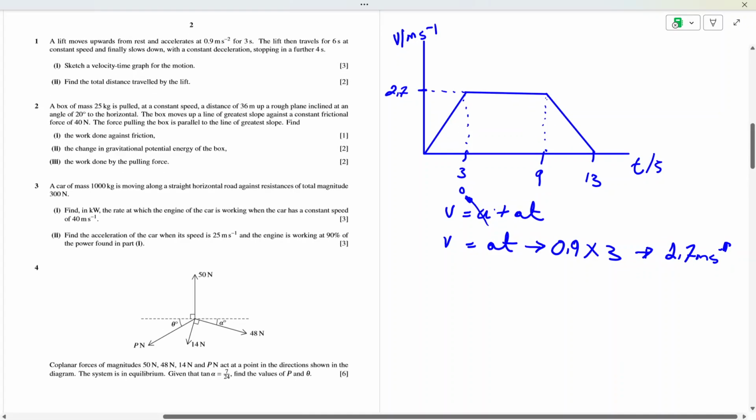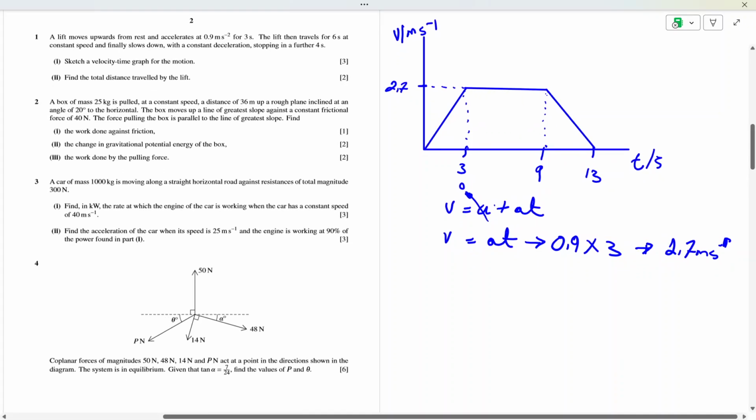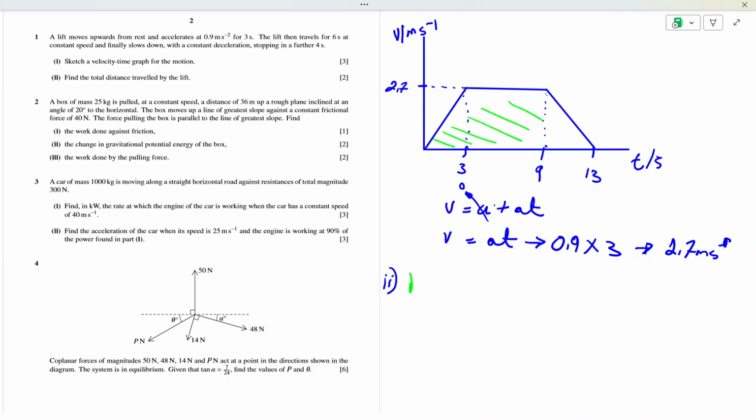Part 2 says, find the distance traveled by the lift. So we know that the distance traveled by the lift will be given by the area under the graph that we just drew. So we know that distance is equal to the area under a velocity-time graph, a VT graph. So the area for this particular graph is going to be given by